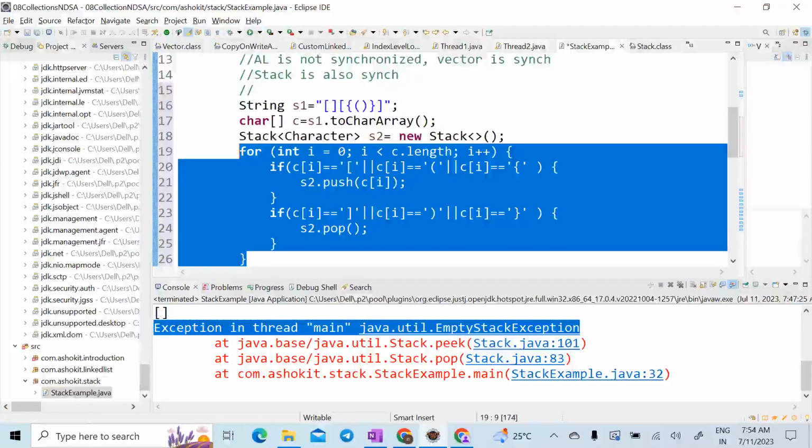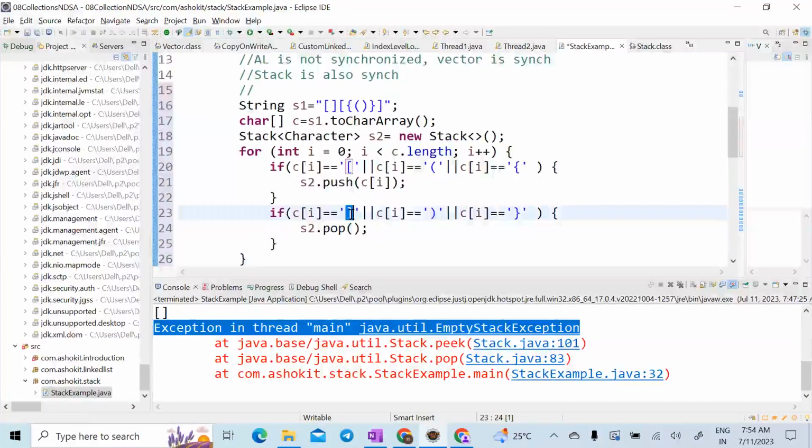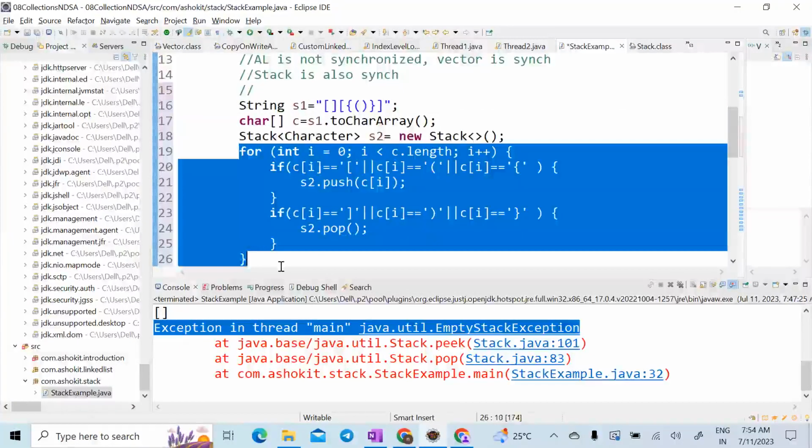can I say it is balanced? And I have to check, before deleting, if I'm deleting this one, before that there should be this one, correct? We have to write some more logic, but after this for loop is completed, if my stack is empty,